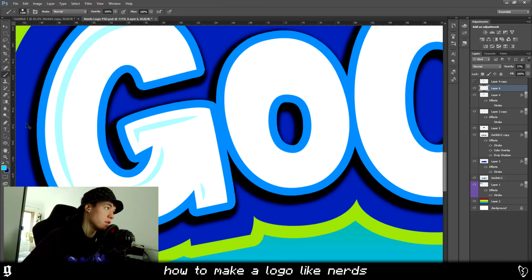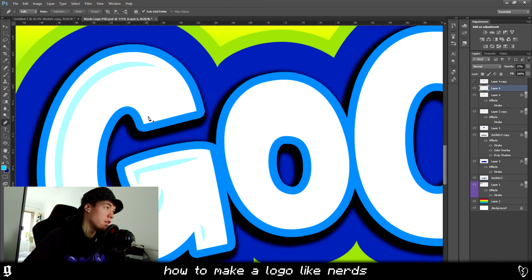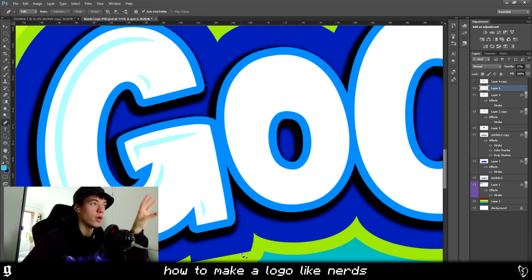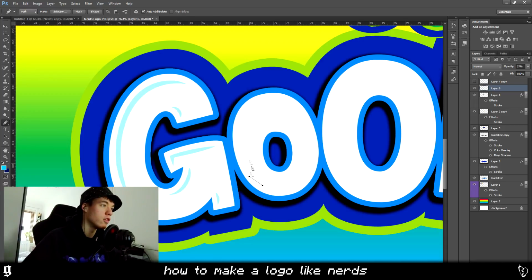Theirs obviously has been done with one set tool, whereas we're doing this freehand. There might be a better way of doing this. Let me know in the comments if there is. Obviously there's going to be a better way of doing it by adding an inner stroke and then a second inner stroke and making the second one white so it overlaps the first one, but obviously that's going to take a long time. Probably longer than it's going to take me to do this, so...